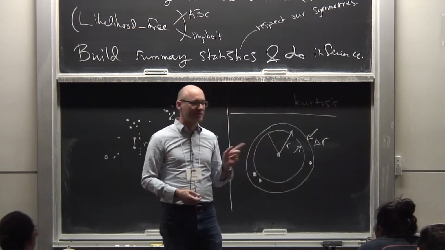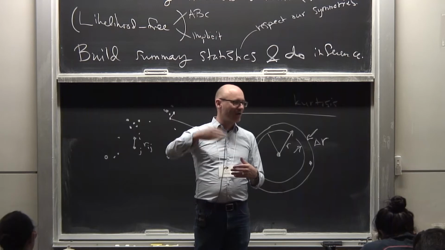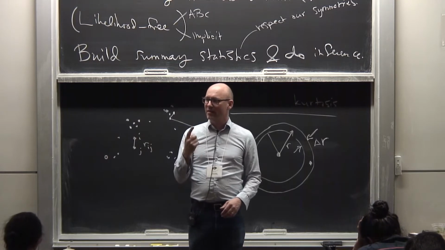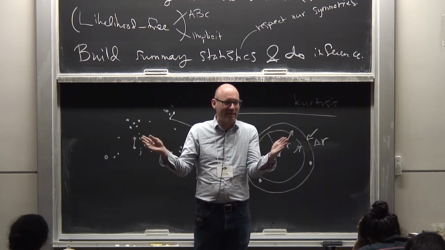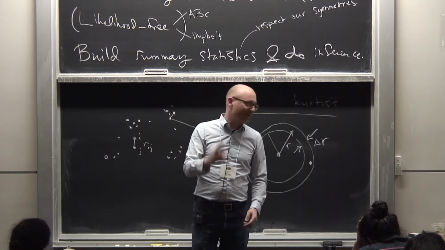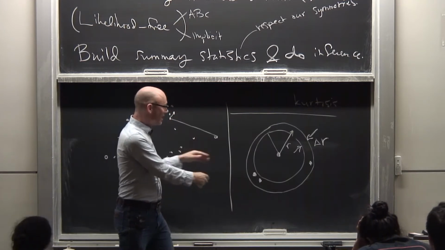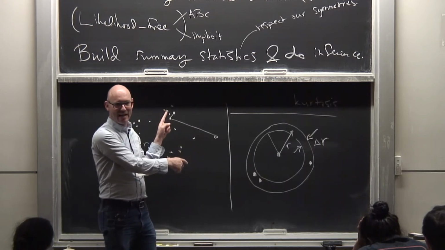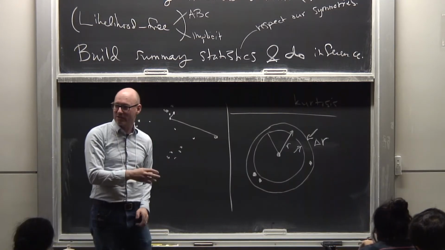But yes, you can do 3-point statistics on any data, but as you go up in order, they get harder and harder to measure. In general, for 2 reasons. One is the simple reason that it's harder to measure a skewness than a variance. Like if you had a set of points in 1D, you have a noisier measure of the skewness of those points than you do of the variance. So that's one thing. But the other thing is you get these configurational factors. So now I have to consider all triangles. Here I only had to consider all radii. That's 1D. Now I have to consider all triangles. That, if you think about it, is really 3-dimensional, all possible triangles.